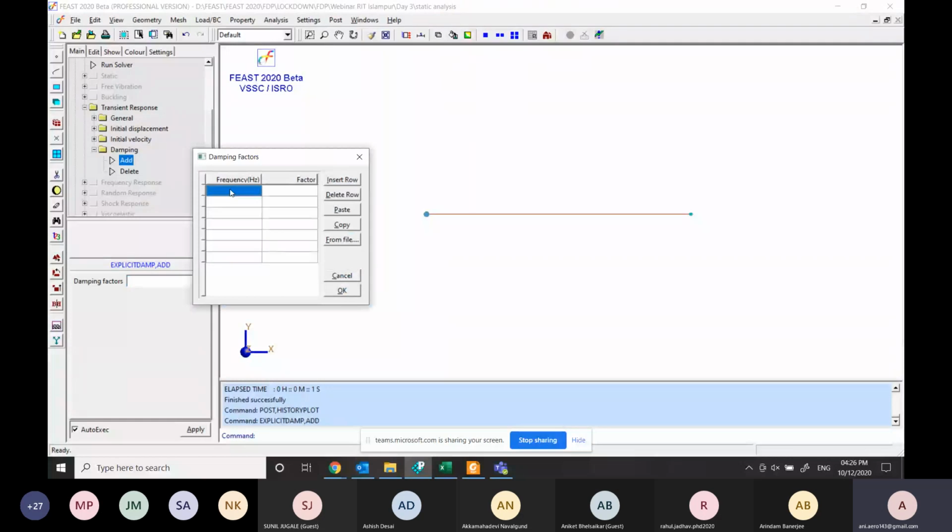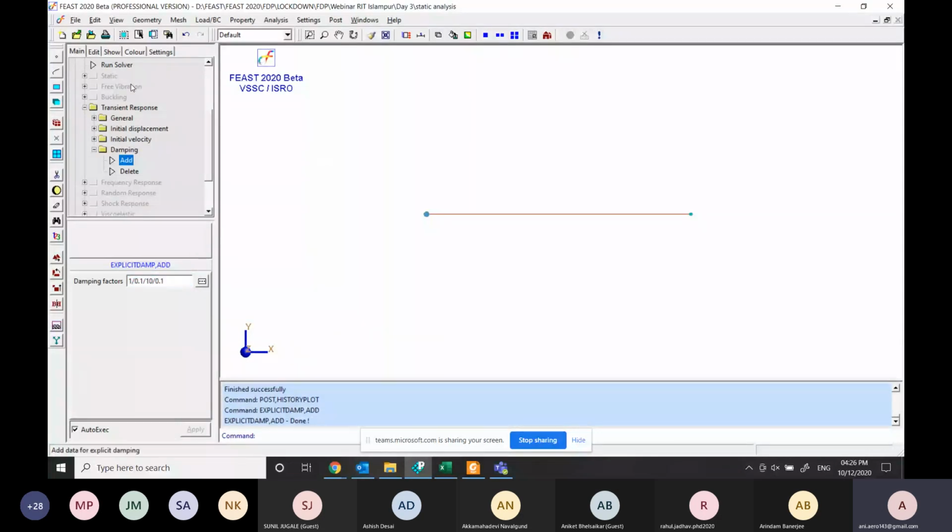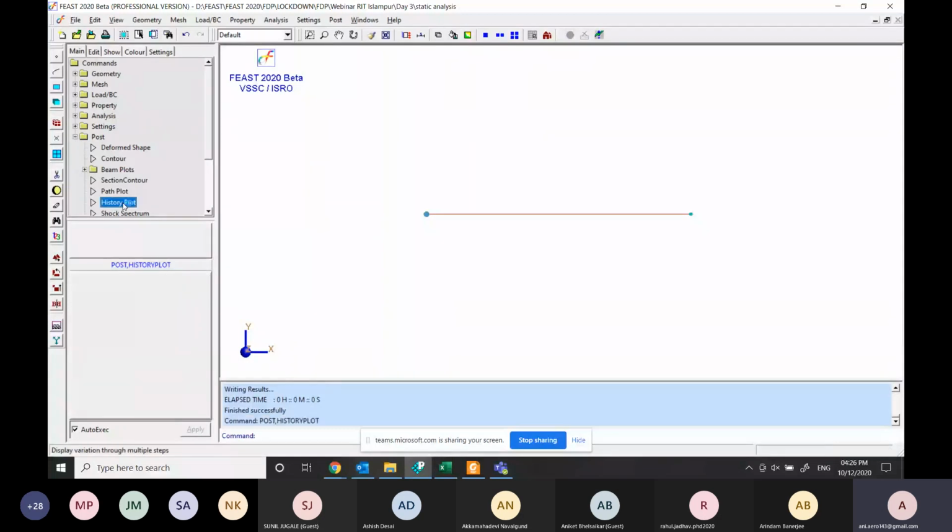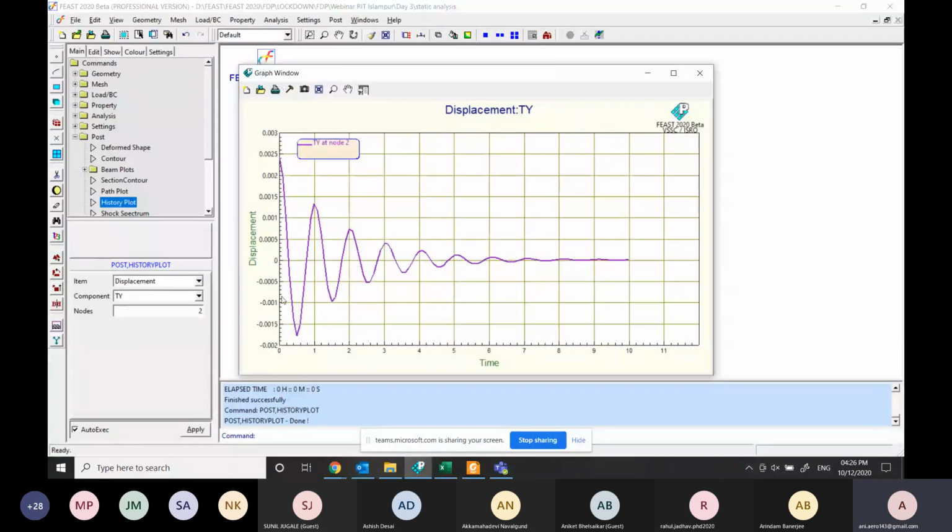So frequency I'll give from 1 hertz to say 10 hertz. I'll give the value of 0.1 and 0.1, so the uniform damping is applied. And now I'll run the analysis again. And now I'll go to post, history plot, displacement, and I'll check the results.